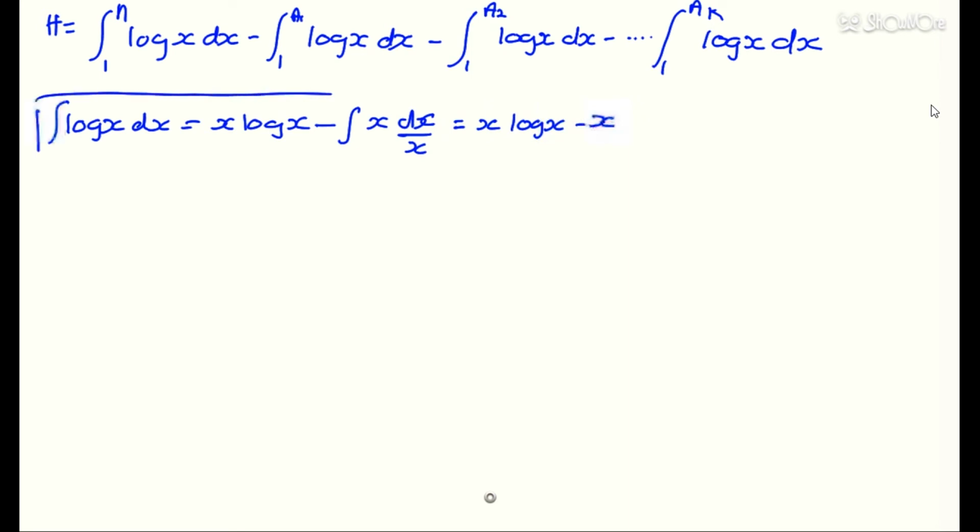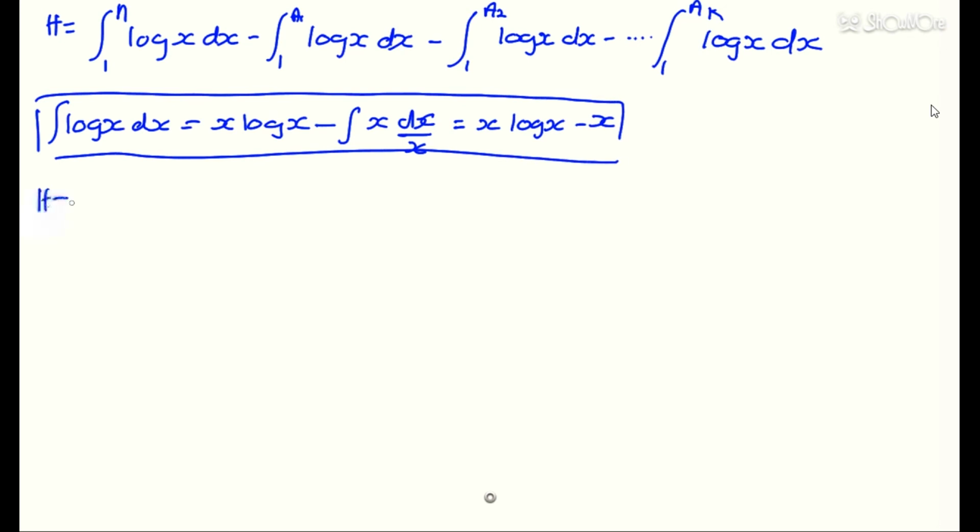This is a quick recap of the integral of logarithms. Therefore, h is equal to